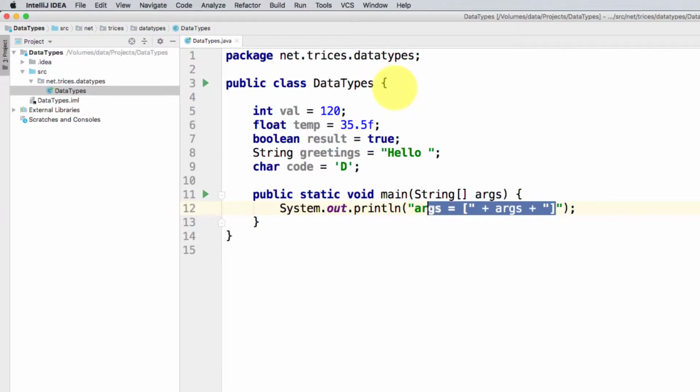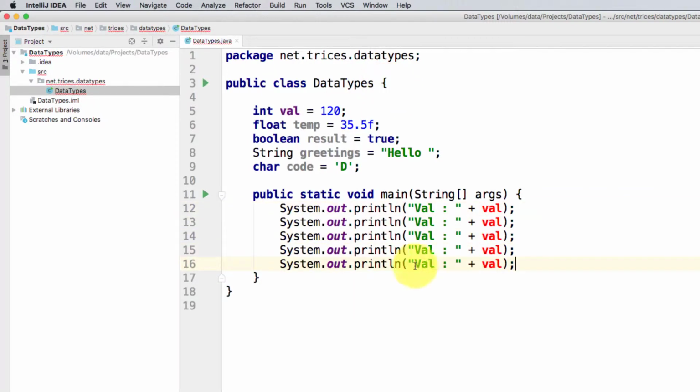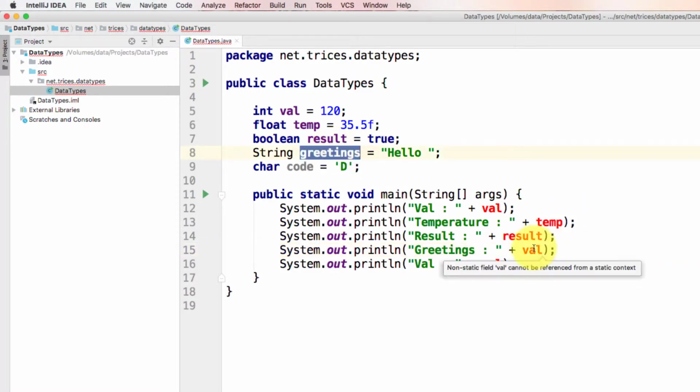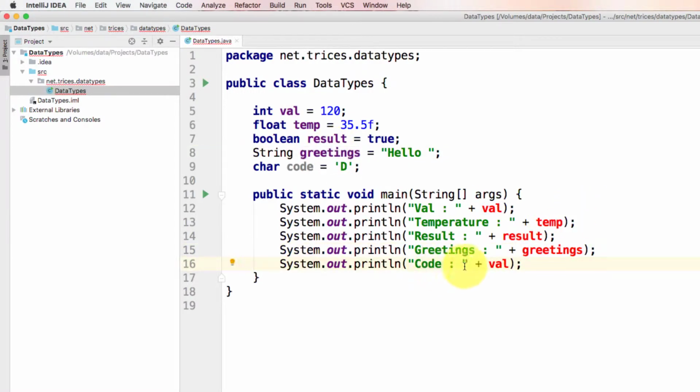Let's write our main method, public static void main, and then system.out.println. Copy this and paste it for 5 times, and for value val, temperature temp, result, then for greetings, and for code,